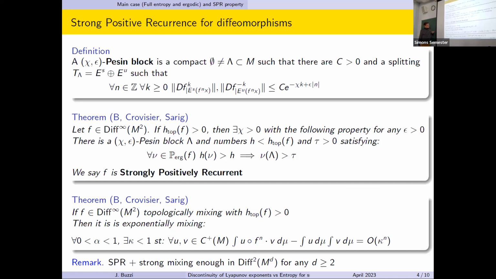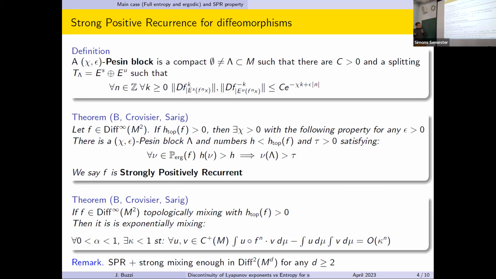So the question was whether the symbolic dynamics of Omri, in this good setting where you have not only C2 smoothness but C infinity smoothness, do you have this strong positive recurrence property? And the answer is yes, thanks to the continuity of the Lyapunov exponent that provides